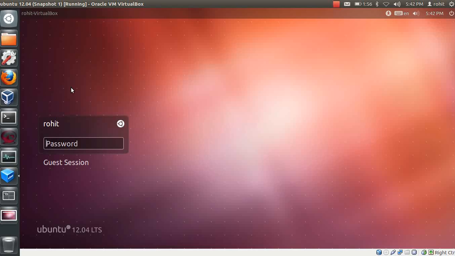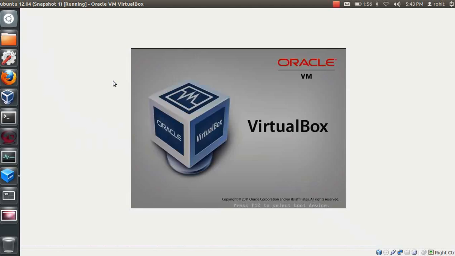For example, this is an Ubuntu machine, and I am booting my system from single user mode, and you will see that it will ask me for the root password. If I want to break the root password, how can I do it by just logging into single user mode, because it's asking me for the root password and I don't know it. So I'm just restarting this machine,